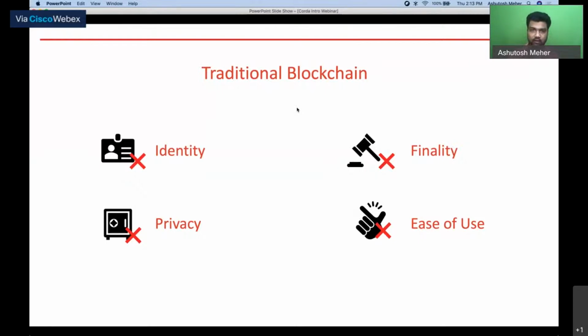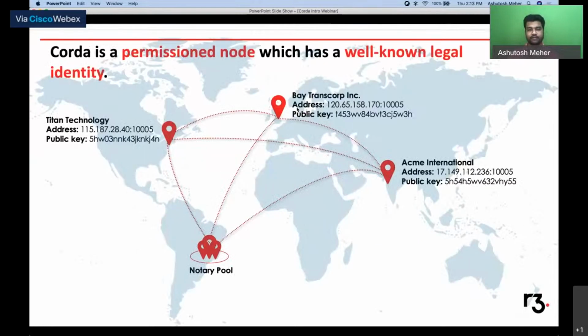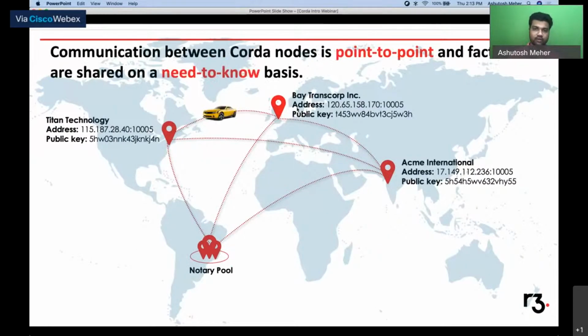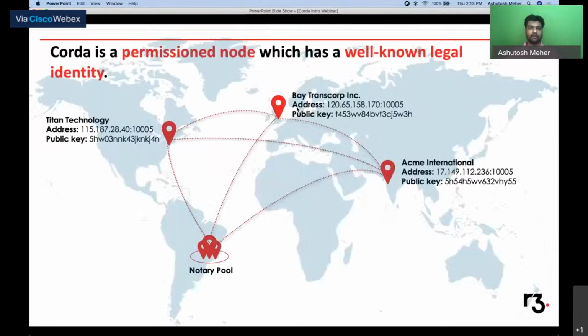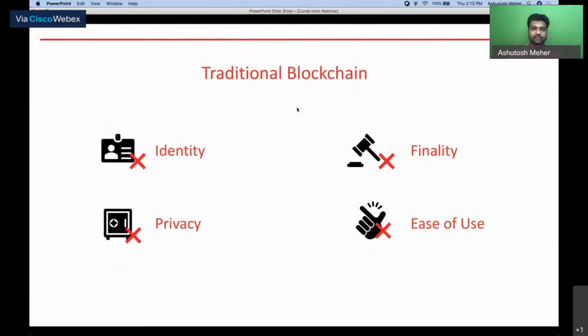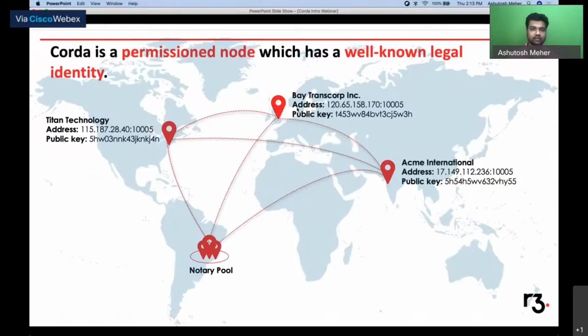All right, so let's move on and try to understand how we solved all these different problems. The first problem that we were talking about is the problem of identity, right? Corda is not a public blockchain, which means, well, we have a question which says,